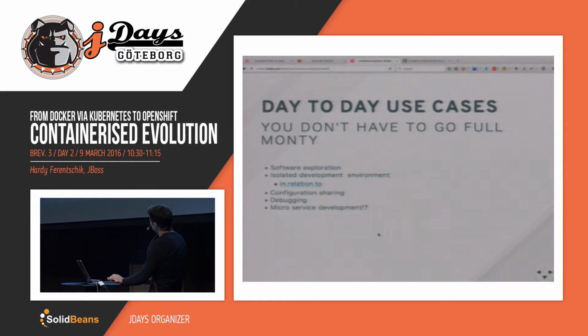Also, maybe the last one, microservice development. This becomes really relevant then. Docker plays a role there, but I think especially OpenShift and Kubernetes will play a very big role. Everyone is talking about microservice architectures. But what if I have an architecture with 9, 10 different microservices? As a developer, I maybe work with one, but I most likely need a quite large subset of these other services available to me so that I can test and run these interactions. And it very easily becomes very hard for people.